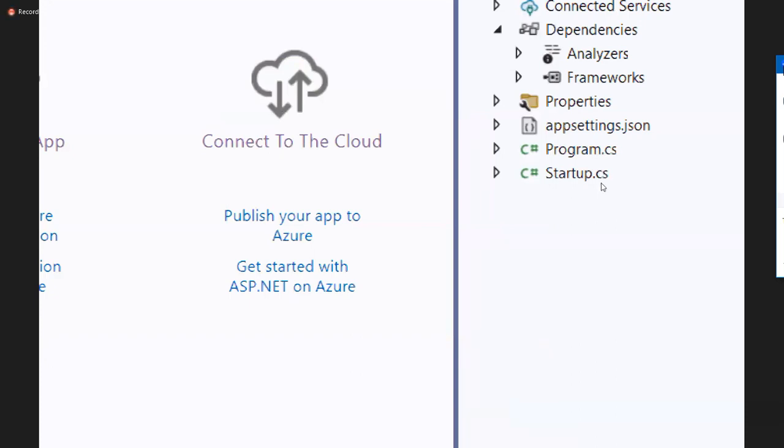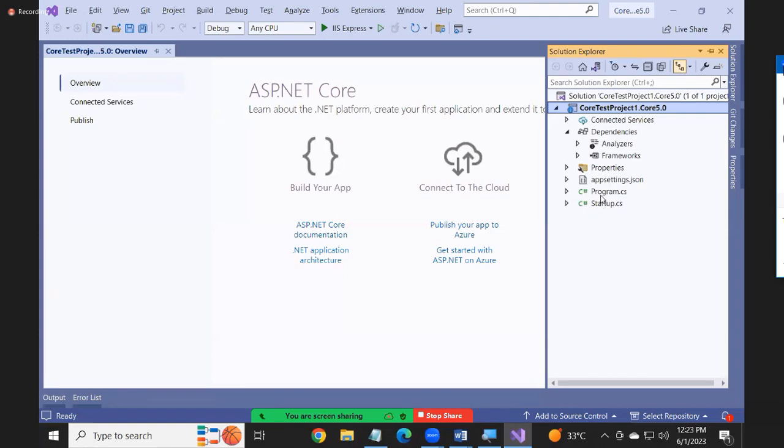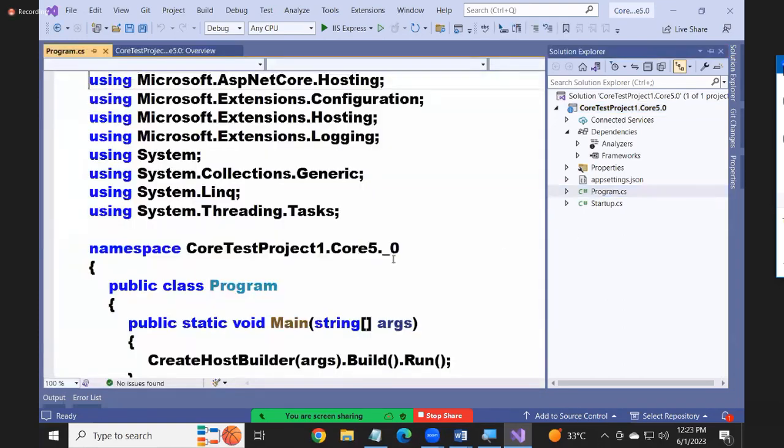Properties. Next, this is your web.config from now. No more XML. Everything is replaced with JSON now. And you'll have two classes here: the Program class and the Startup class. If you just open the Program class,